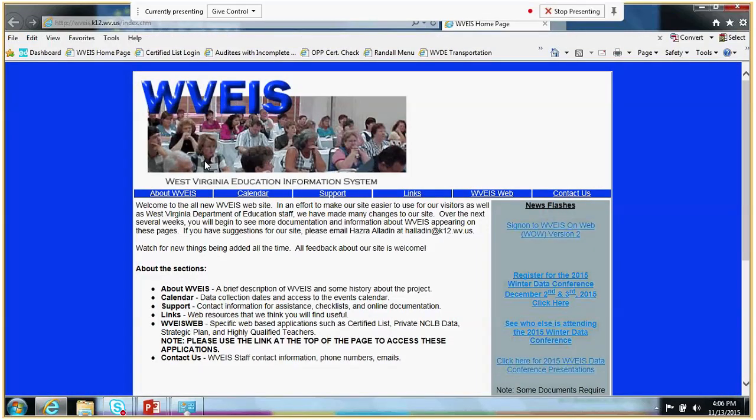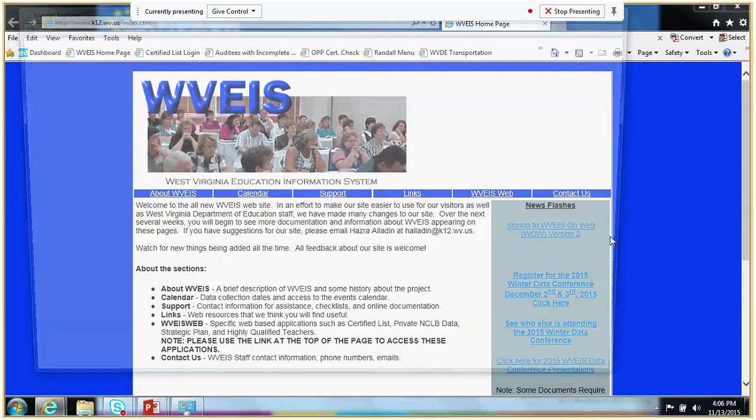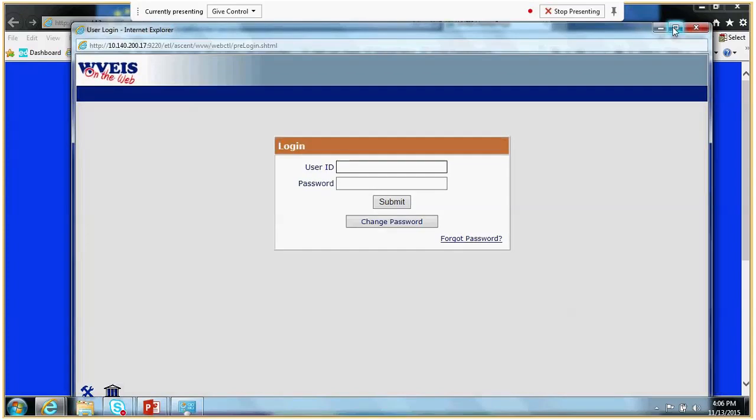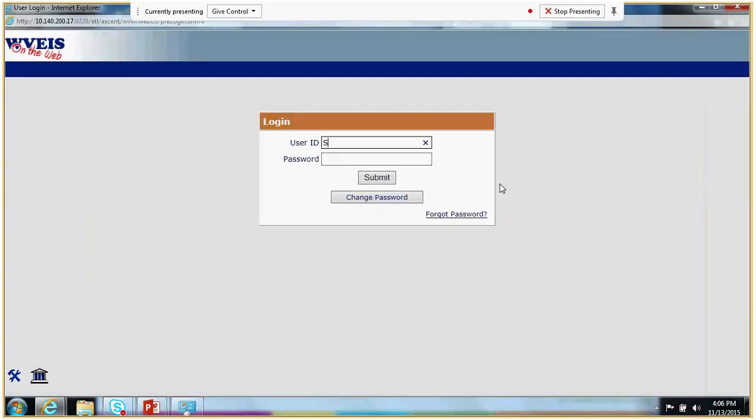Once the Weavis homepage loads, you'll see a gray bar on the right side under the Contact Us option. The second link under News Flashes is Sign On Weavis on Web or WOW version 2. You can click that link and it will bring you up to a login screen. At that point, you'll provide your user ID,